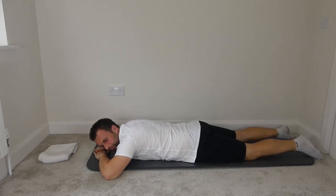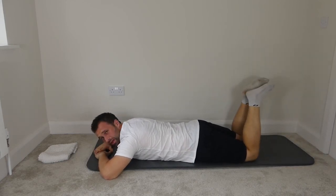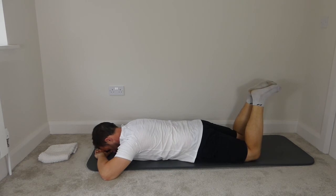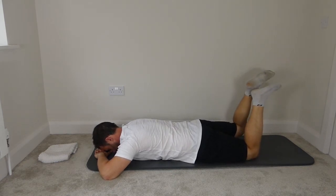and legs back down. Next we're going to bend the knees. Keep the head and shoulders down this time. So we're stretching the rectus femoris to the front. We're just going to want to arch the back. So resting the head in the hands, squeeze the abs, lift the left knee and lower, lift the right and